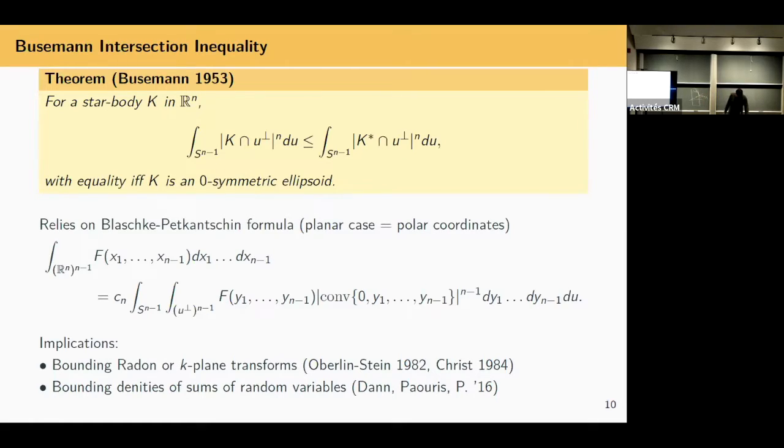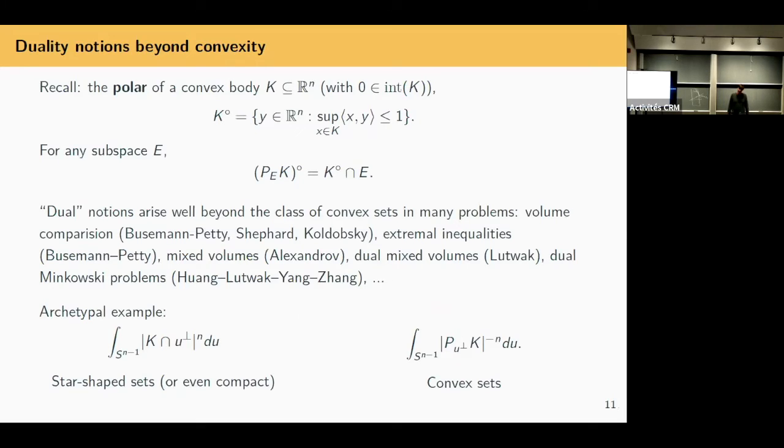Okay, so very good. We had an inequality about projections, an inequality about sections. There are natural dualities between these. The sort of standard dual operation in convexity is to define the polar of a convex body. Maybe I'll assume the origin is an interior point. Associated with that, I can form the set, right? The polar, I denote with a circle here. All the vectors y in Rn for which the sup of the inner product of y and x is less than 1. If you prefer norm space language and you assume this K is already the unit ball in a norm space, the K polar is just the unit ball in the dual space.